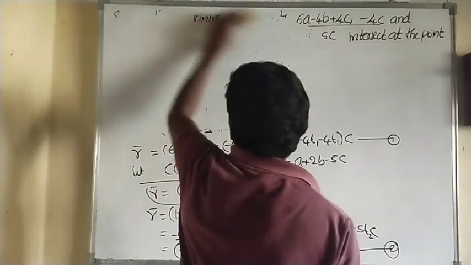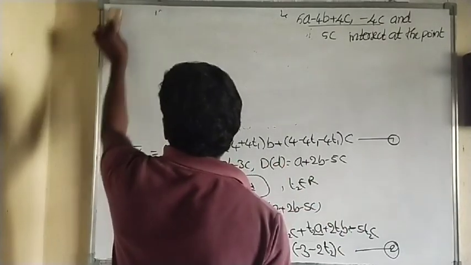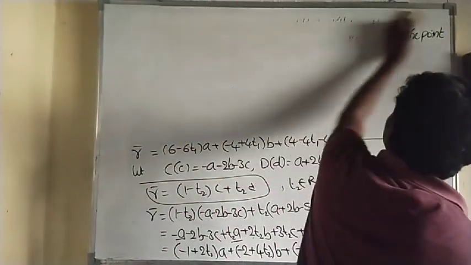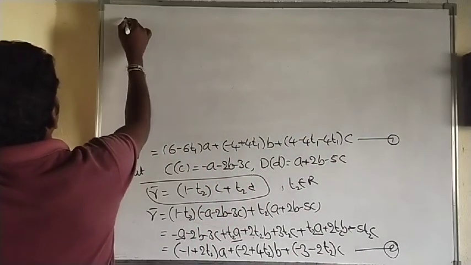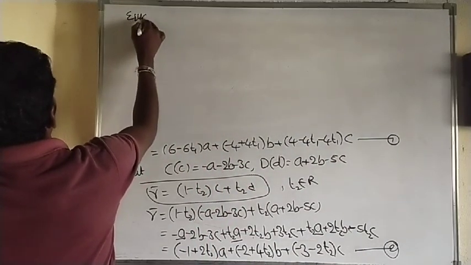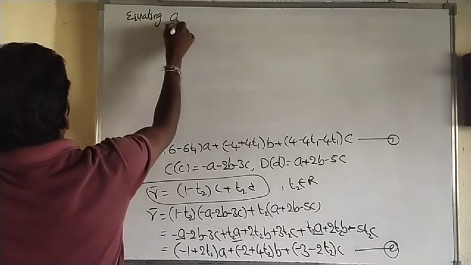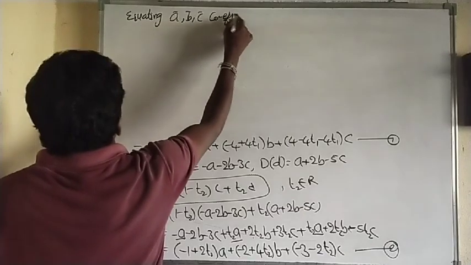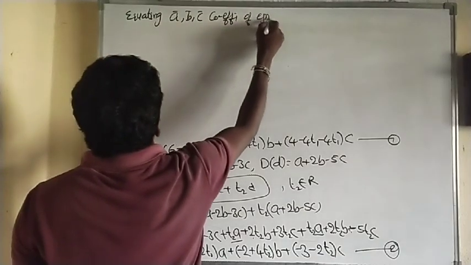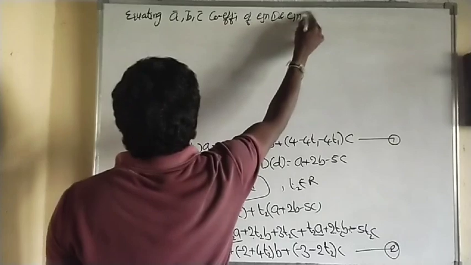So after solving 1 and 2 we can get the t1 and t2 values. Okay. Next, here equating A, B, C coefficients